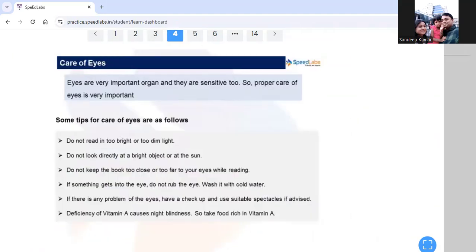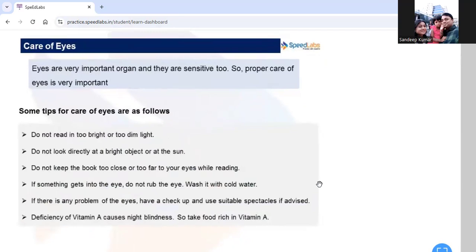Okay, so care of eye. Eyes are a very important organ and they are sensitive too. So proper care of the eye is very important. Some tips for care of your eyes are as follows. First, do not read in too bright or too dim light. Next, do not look directly at bright objects or at the sun. Next, do not keep the object or book too close or too far from your eyes